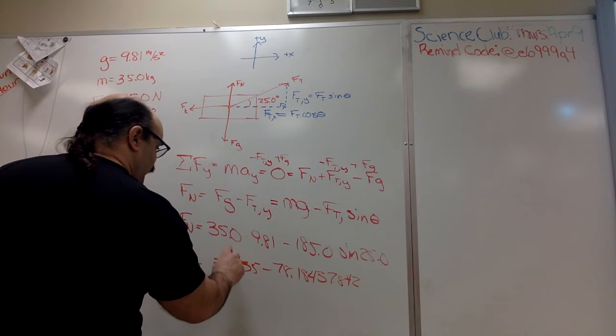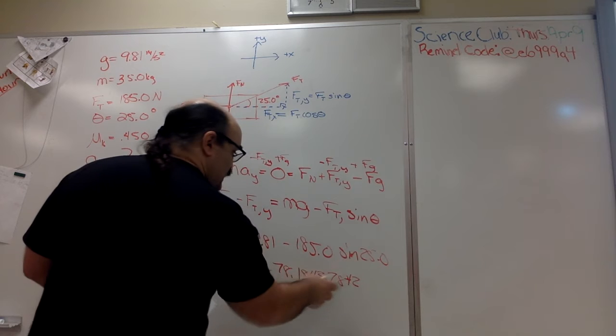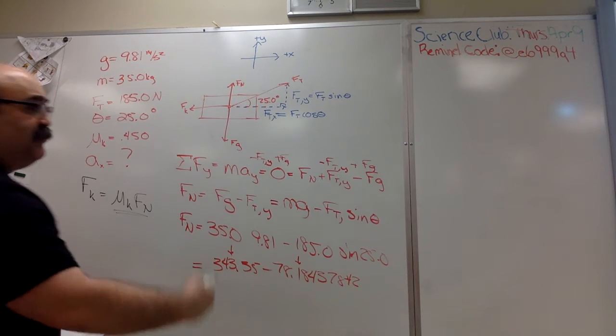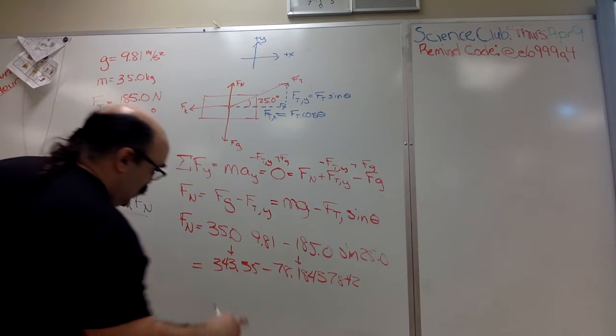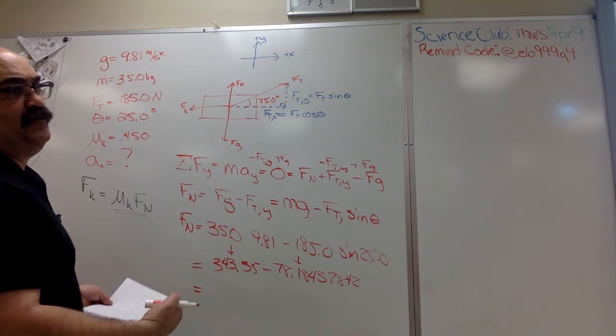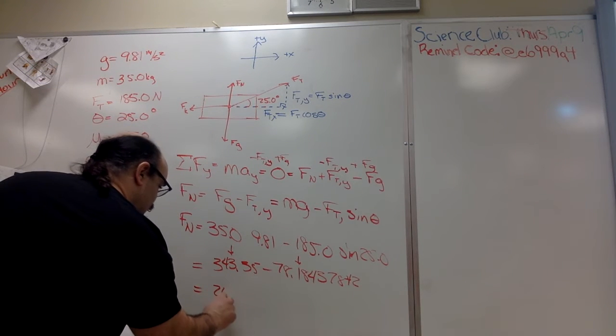Again, this should have 3 sig figs. It should be good to the ones place. This should have only 3 sig figs, so it's good to the tenths place. If I am subtracting, I'm going to round to the least precise place, which would be to the ones place here. Although I'm not asked for the normal force, so I'm just going to write down my number, which is